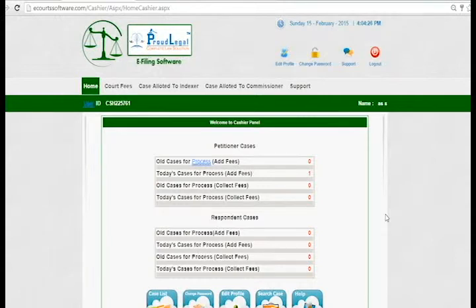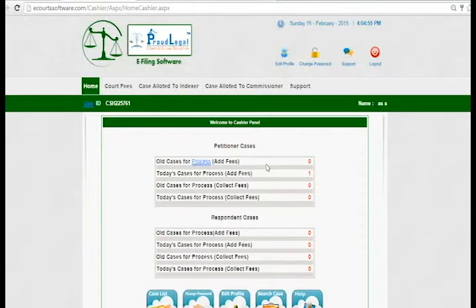Alright, so here as we can see that today this is the dashboard of the Cashier Panel. This is the petitioner cases and this is the respondent cases, and all cases for process fee, add fee. It means that if you want to add fee, for example, I have a case, I haven't collected any court fee on that case, but I want to collect some court fee on the cases.